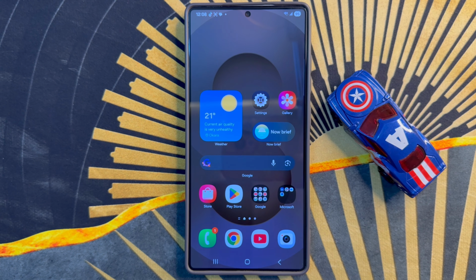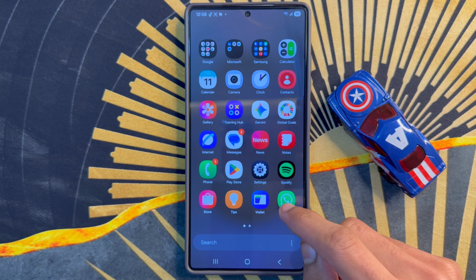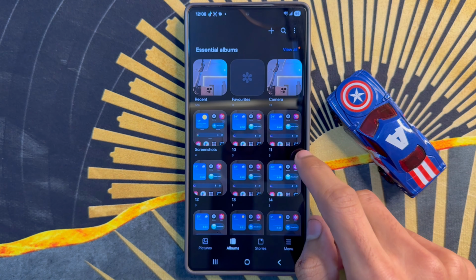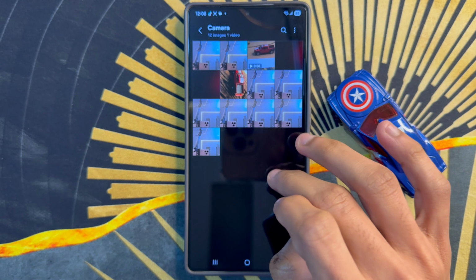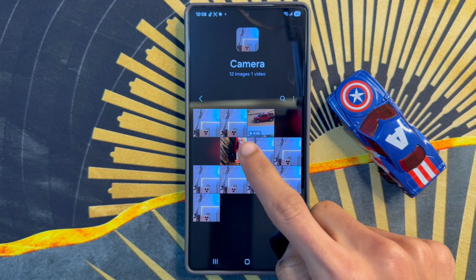First of all, go to app library. Now here, click on gallery app. Now here, click on folder and click on picture. So if you want to rotate picture,